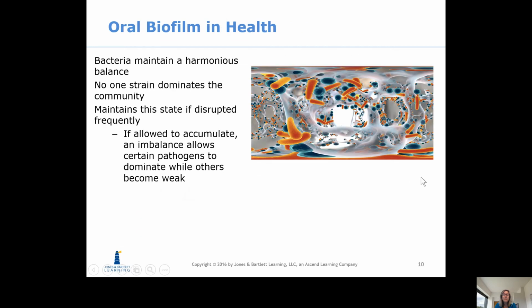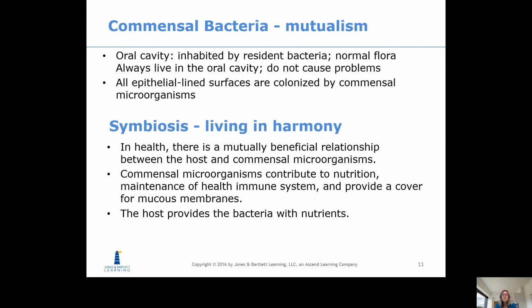So this is a picture of what biofilm looks like, and it actually looks kind of pretty. In the biofilm, the bacteria maintain a harmonious balance. So they live together harmoniously, they interact together, they stay in balance. So symbiosis is living in harmony. So bacteria live in harmony, and they live in a nice balance. So in other words, A, B, and C are all bacteria, and A, B, and C, no one tries to